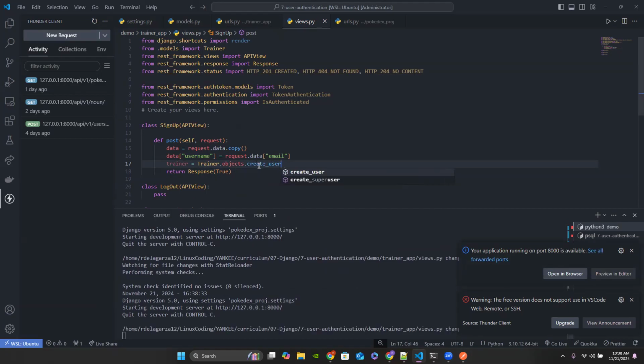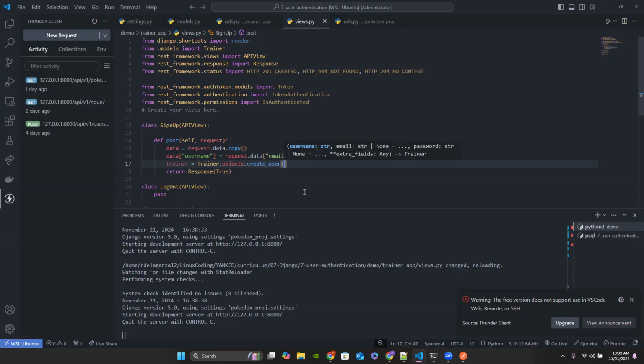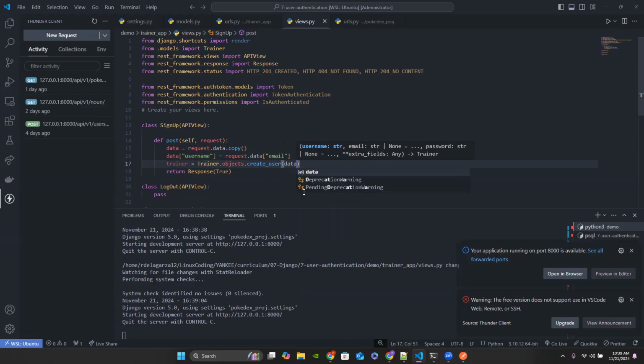And this is unique here, guys. You've probably seen trainer or a specific model dot objects dot create, and it created an object for you. But for a user, you need to specifically give it create_user so it knows that it is a user type, right? And this will assist you with the creation of it. If you don't add create_user, it's going to have some weird functionality where it's not going to recognize the user in your database. This will create my trainer, and all I'm going to do is pass in the data,